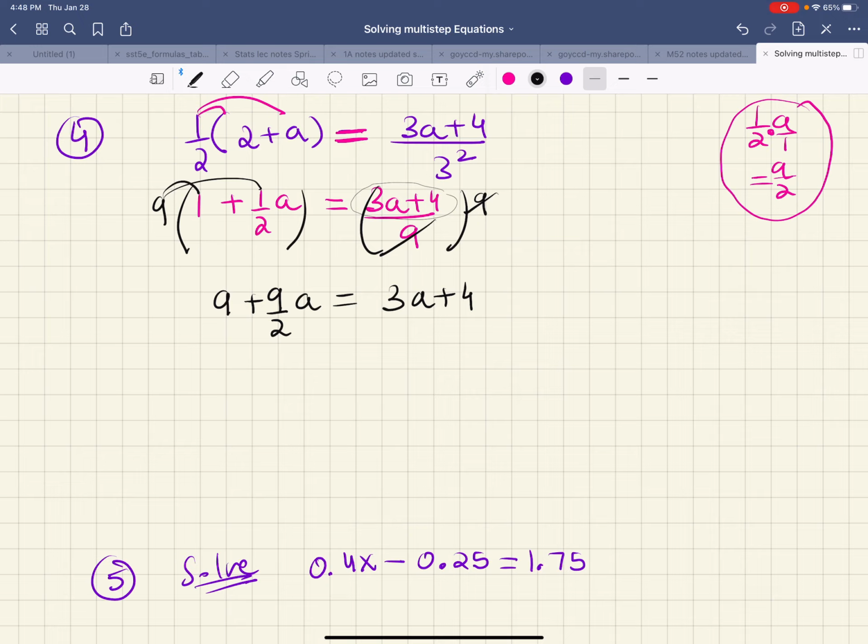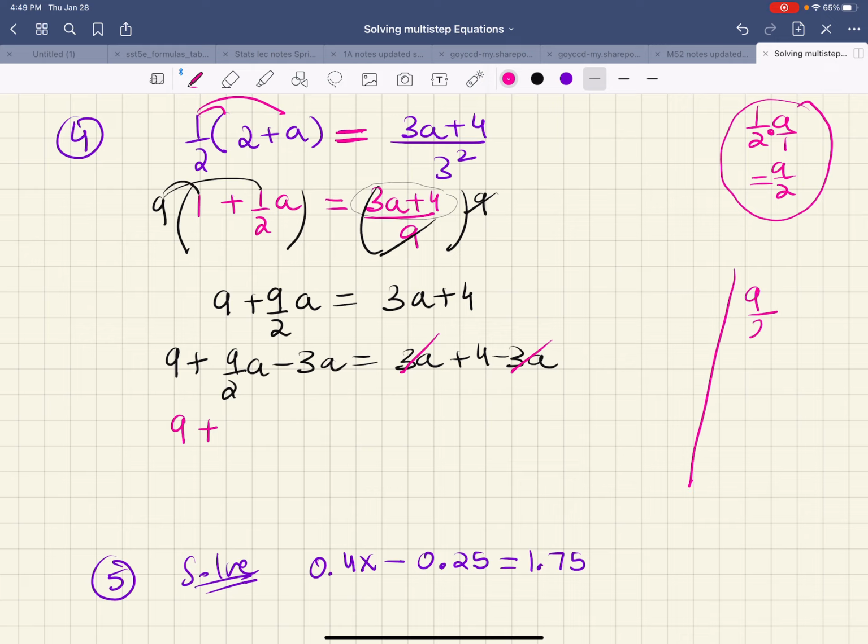So I'm going to keep the variables on the left hand side. That means I'm going to subtract 3a from both sides. Okay, on the right hand side, the 3a and 3a will be gone, and on the left hand side I have 9 plus, when you combine the like terms here, 9 over 2a